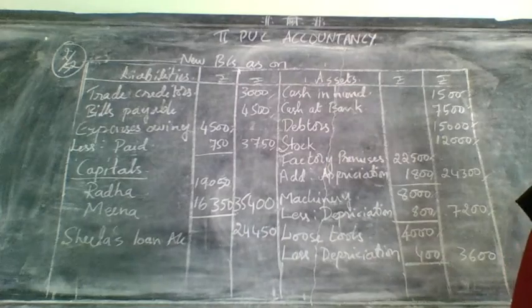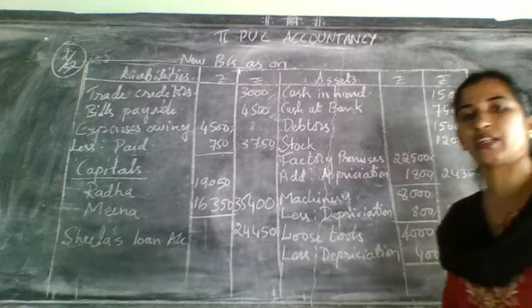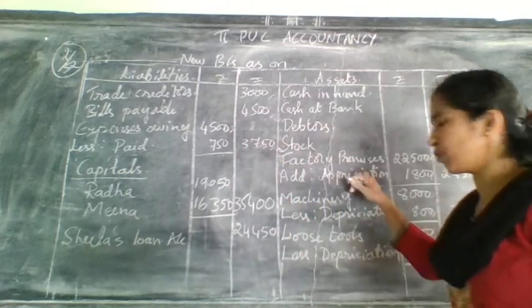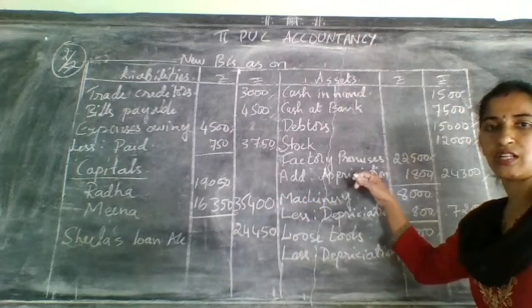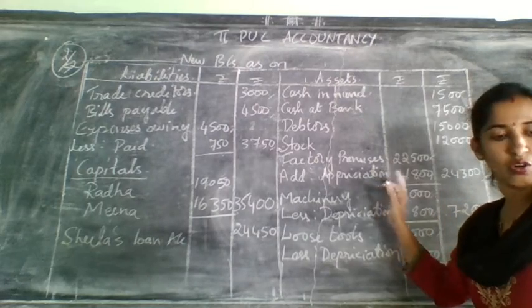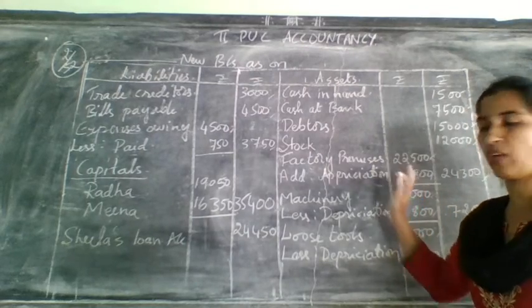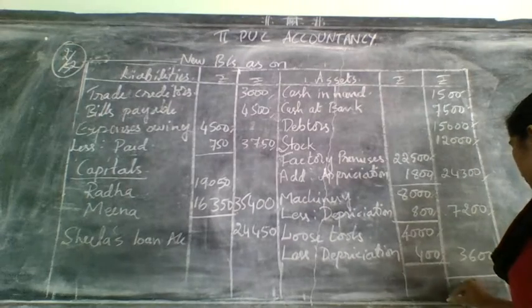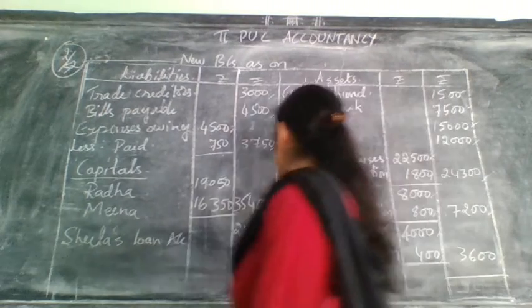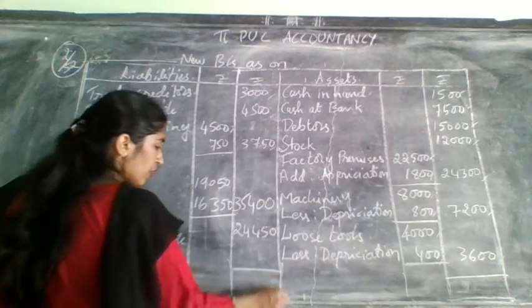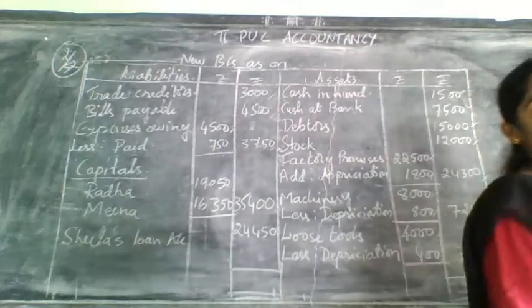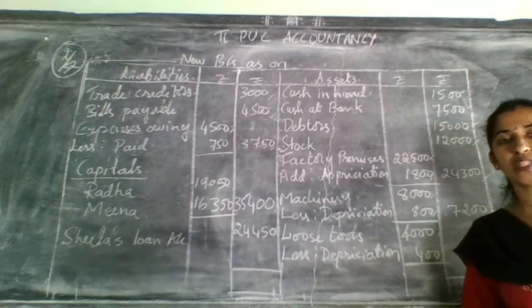Next, they have given that the factory premises are to be revalued. At that time, it was done in which account? The revaluation account, and one more time we have taken it here. So here ends all your adjustments. That means all adjustments have been taken two times. So that is over. Next, after this, you need to take the total. Take the total. Both side totals should come the same.